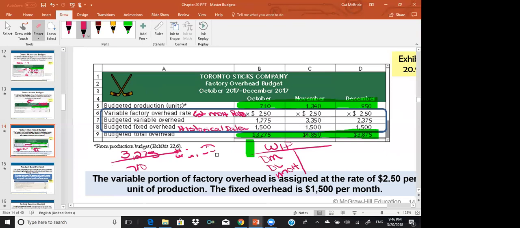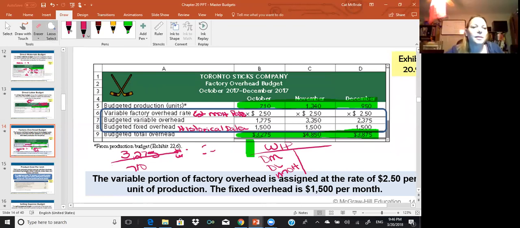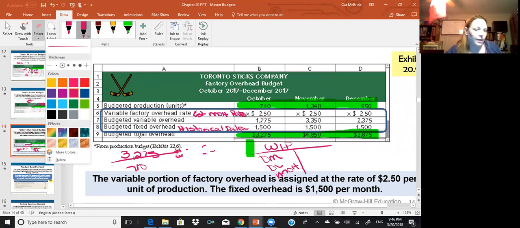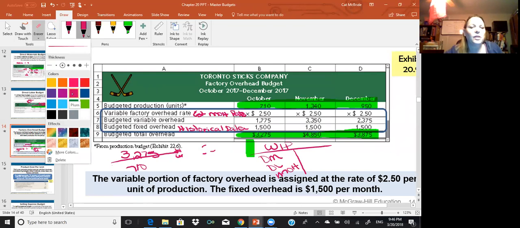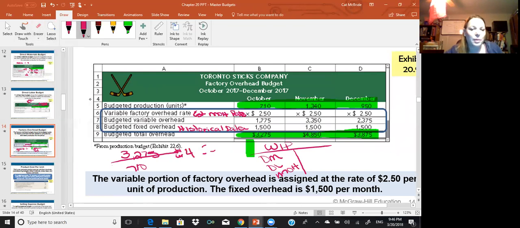I misunderstood. I was looking at the factory overhead rate for October at 2.50. Yeah, I was looking somewhere completely incorrect. Oh, okay. I'm just glad my number sense isn't completely gone because I was looking at that thinking, that seems low. And I thought, well, it's probably me. So